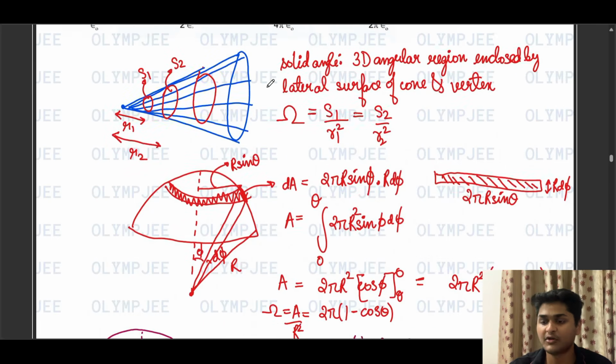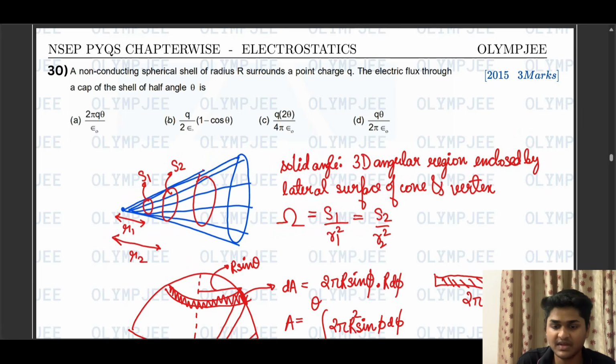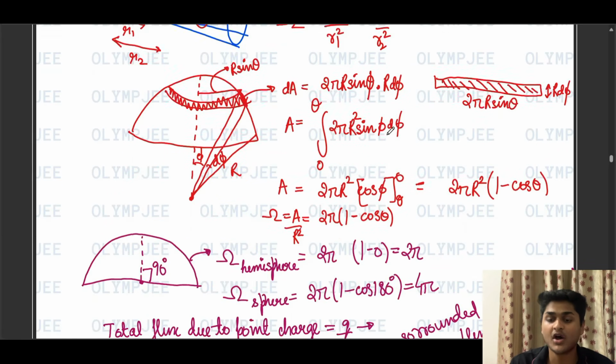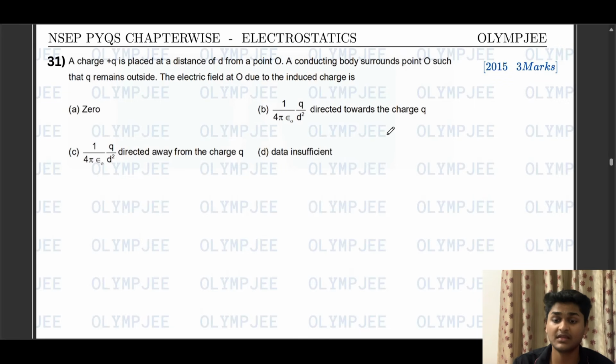Hope this is clear. This was a 3-marker question from 2015. So the answer will be option B. Now moving on to question 31, it says that a charge plus q is placed at a distance of